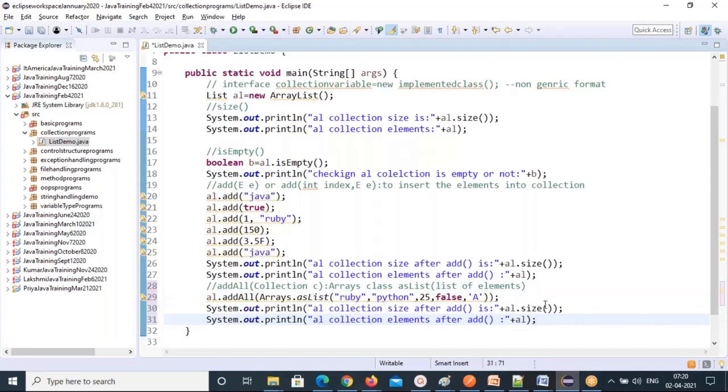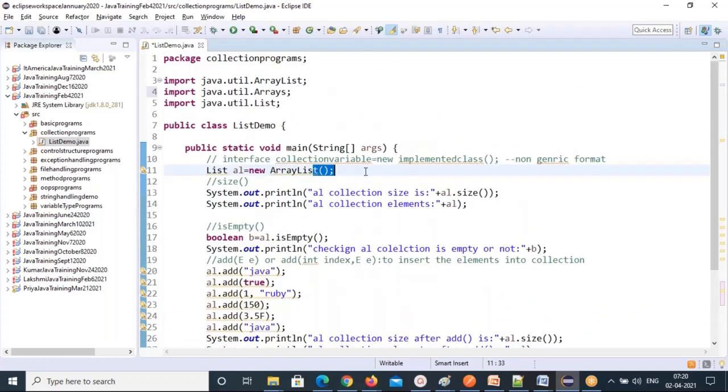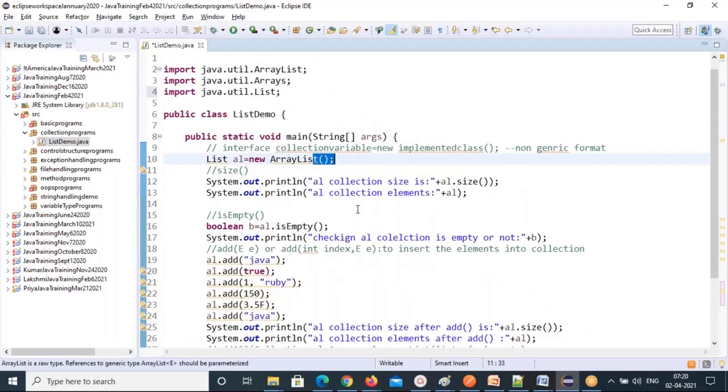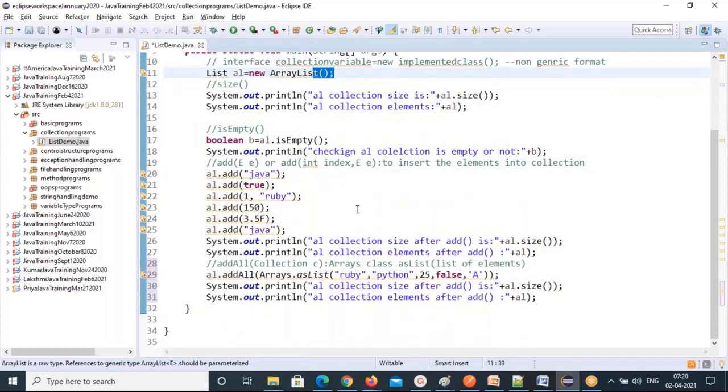See, you can grow the collection at runtime, you can decrease also. Both expansion and collapsing will happen. That's a collection. It's a dynamic kind of thing, a dynamic data structure. It's not like an array, right? In an array you have to fix the size. Here you don't need to fix the size. See, we are not specifying the collection size here. It's dynamic. However many you want you can store, however many you want you can decrease. It's all up to you.